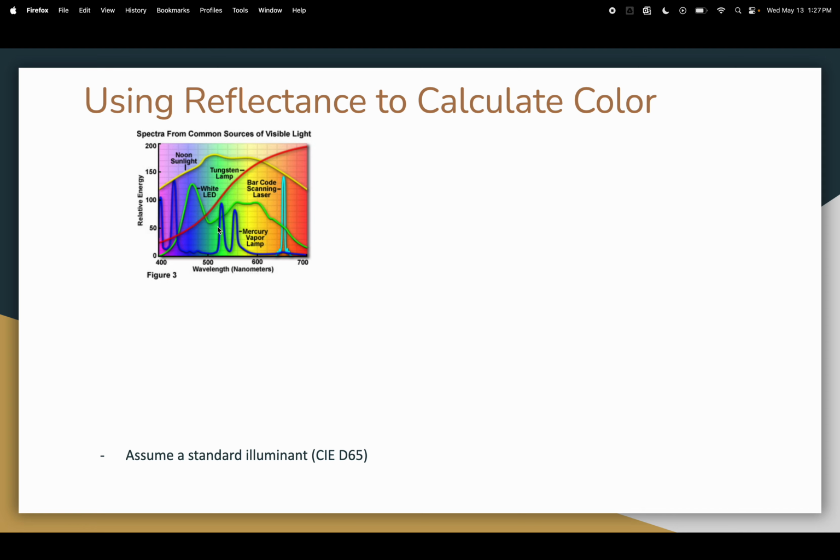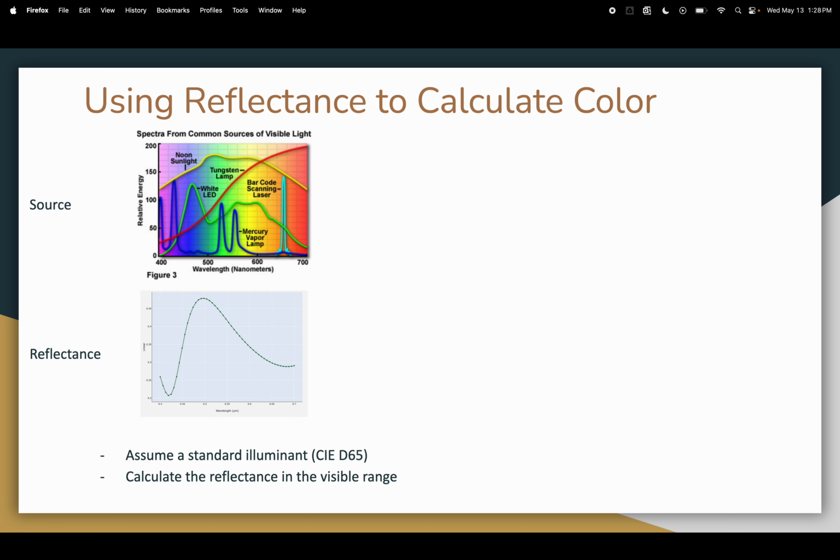So there's not a lot of this blue-green area, and there's almost no purple light in white light. There's also things like a barcode scanning laser, which is almost entirely red because it's a laser. Tungsten lamps tend to skew more red because they're black body radiation, I think. Anyways, if you can input your light source and then calculate the reflectance